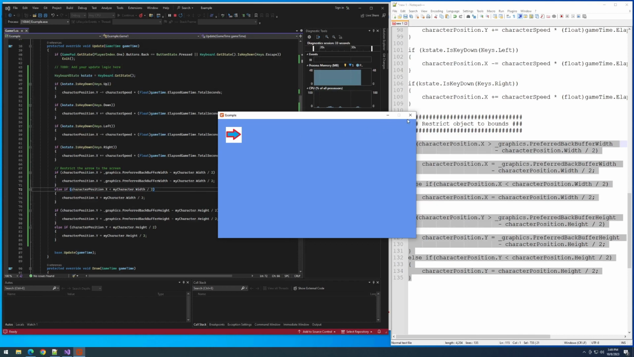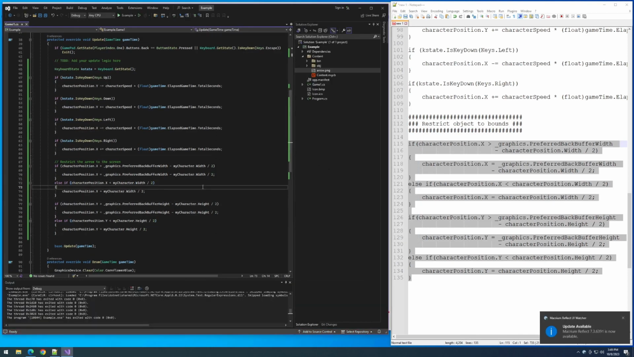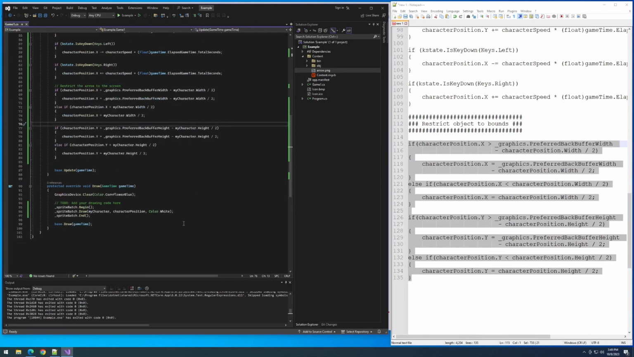Oftentimes in programming, what you'll do is you will actually offset the draw position based at the center of the image. It makes a lot of other calculations easier if you have the center of the image versus drawing it in the top. So there's a few ways to do that. One of the easiest would be just to offset it. So we could just subtract out